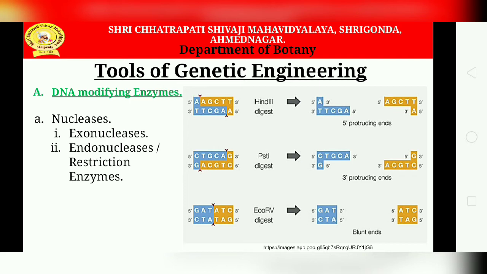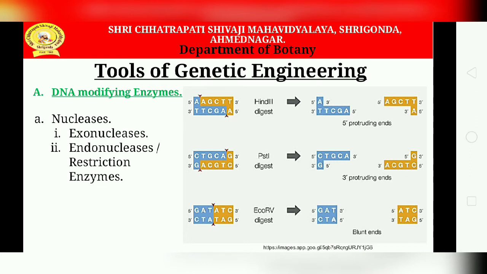According to this, there are two kinds of nucleases. First are the exonucleases and second are the endonucleases. Exonucleases make a cut at one end of a nucleic acid and remove nucleotides from the end of DNA molecules, that is from 5' to 3'. The endonucleases, or restriction enzymes, make a cut in the middle, or internal region, of the nucleic acid and are able to break internal phosphodiester bonds within the DNA molecules.